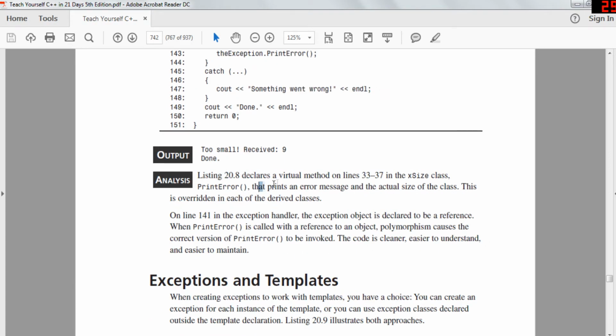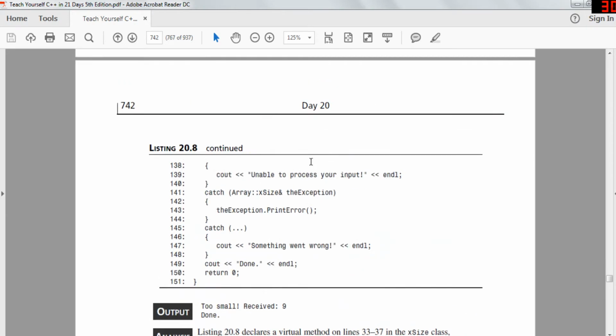Okay, so print error prints a message, and the actual size of the class is overwritten in the derived classes. Because the exception object is declared to be a reference, when print error is called with a reference to the object, polymorphism causes the right print error to be invoked. The clone is cleaner and easier to understand. So in line 141, because they use a reference, it calls the right